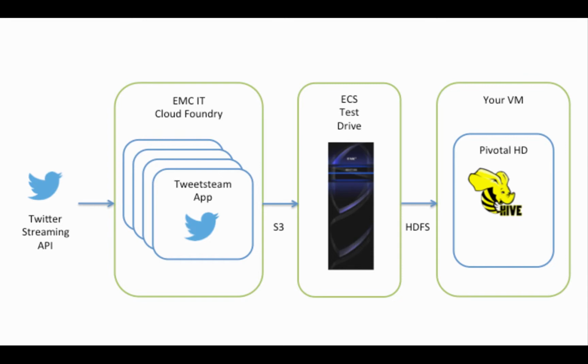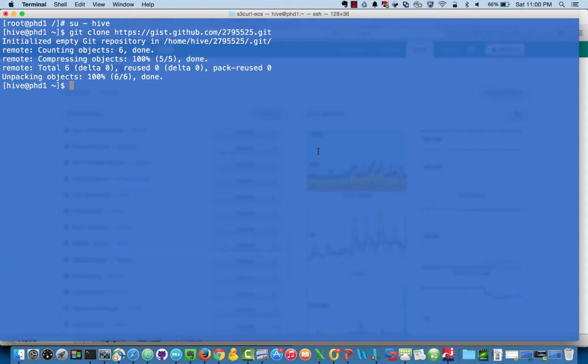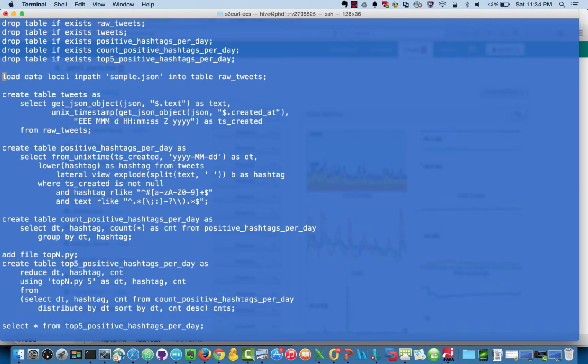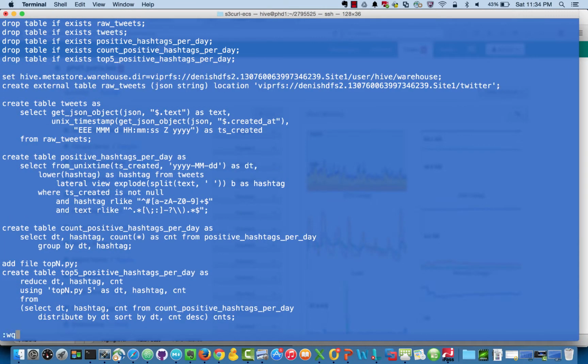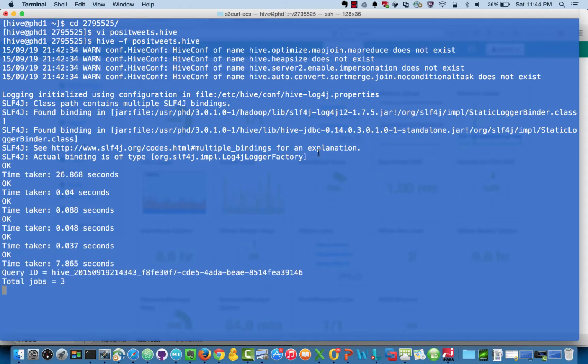The first example will be based on Apache Hive. You need to clone a Git repository containing a Hive script. This Hive script will find the top 5 hashtags per day which are associated with positive sentiment signals. Apache Hive supports analysis of large datasets stored in HDFS.